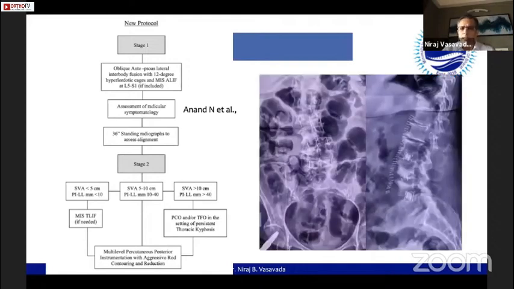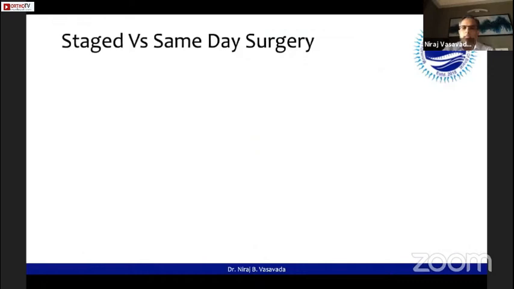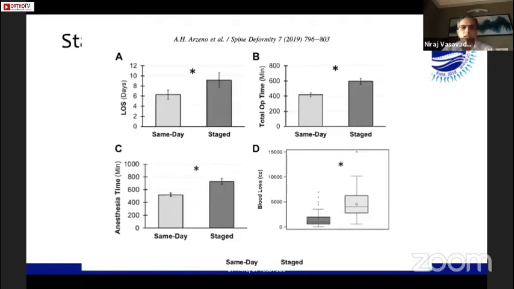So something like this they do first, they put cages anteriorly, they bring the patient back to home, and then finally they put a screw, and next day they do a surgery. So when we compare staged versus a same day surgery, the same day surgery has a length of stay between both of them. Staged has a slightly higher length of stay, total operative time obviously was higher in a staged way,